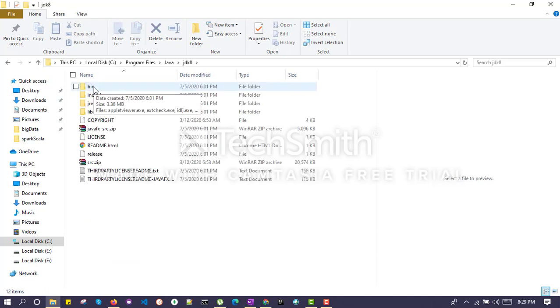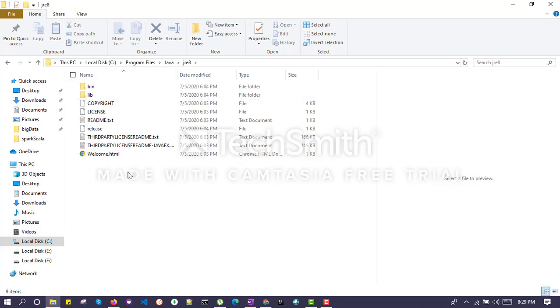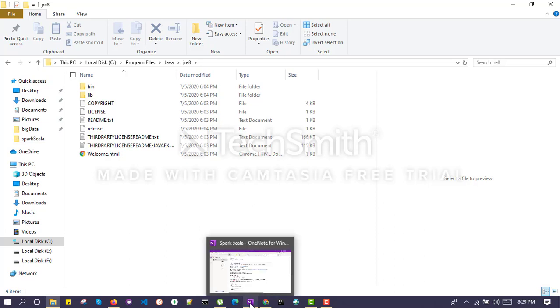JRE will be automatically triggered once JDK 8 has been installed, so we need not download JRE separately. After this installation gets completed, we will set up environment variables after some time. First of all, as of now, we will just install it.